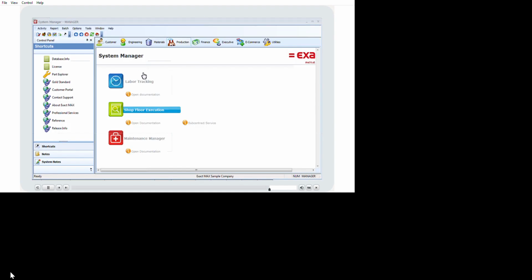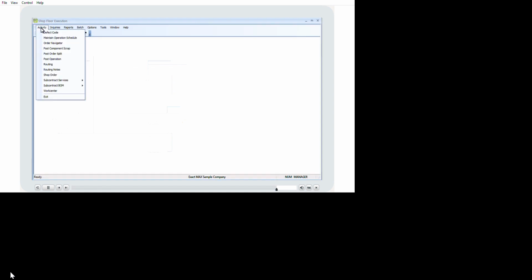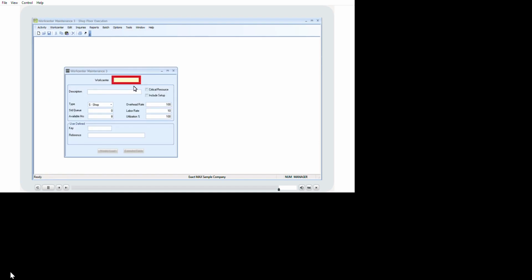From the production tab, click on shop floor execution to launch the module. The shop floor execution window will open. From the activity menu, select work center. Enter the work center that's to be deleted. Go to the work center menu